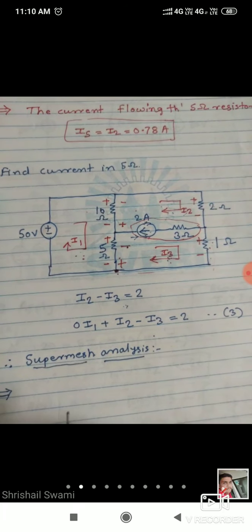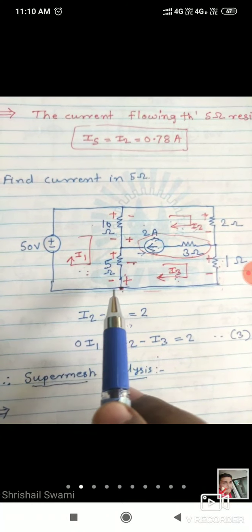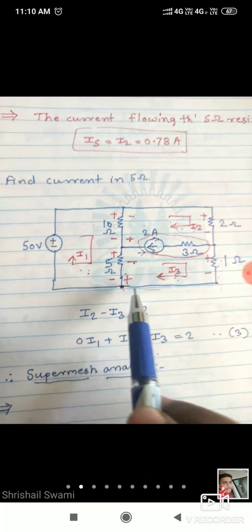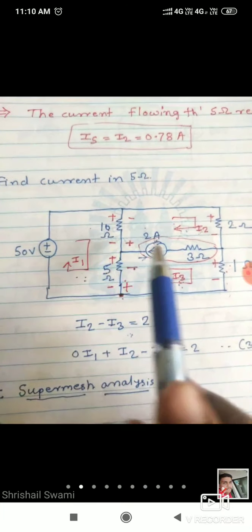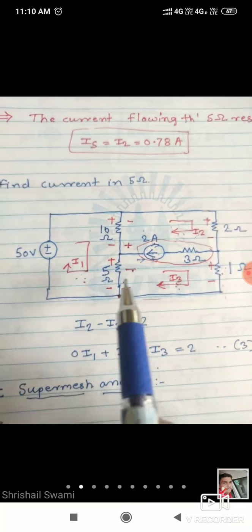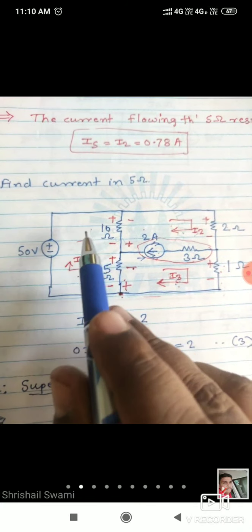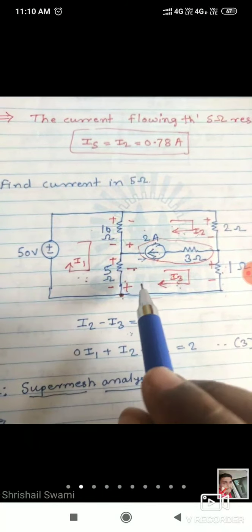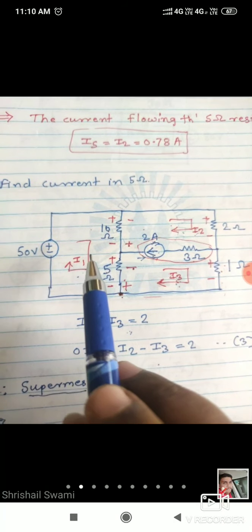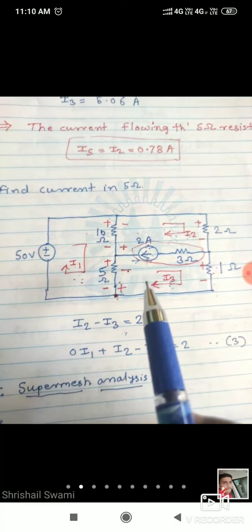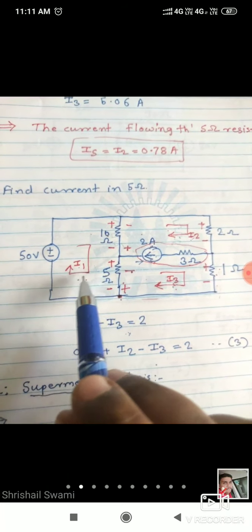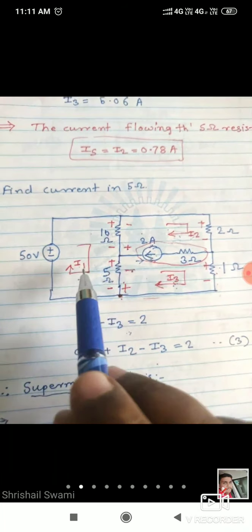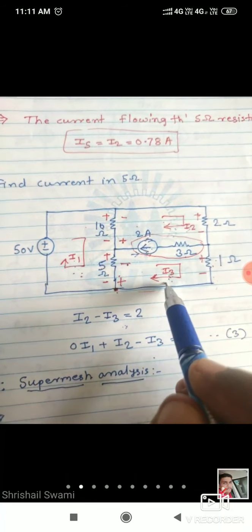So we will start to solve this problem. First of all, the first two steps I already discussed; once again, I will discuss them. This is the question here. I1, I2, I3, I have marked here. They will not give these in the question itself; you have to mark them. According to the first step, identify the number of meshes. I identified how many there are: one, two, three. In the first step only, mark the direction of mesh current in clockwise direction: I1, I2, I3.